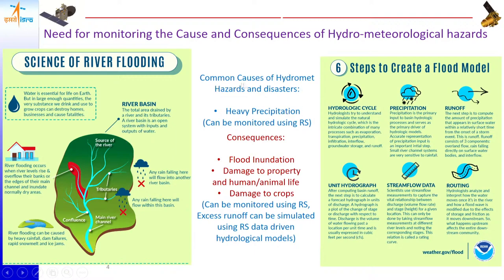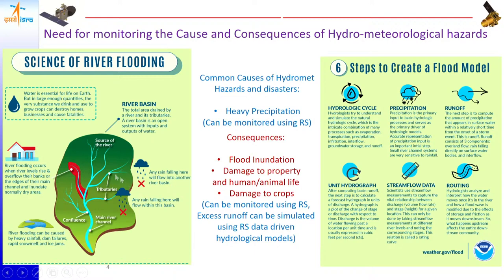For most of these hydrometeorological hazards, heavy precipitation is the main input, which can now be monitored using remote sensing. And the consequence of this will be the flood, inundation, damage to property, human and animal life, and damage to the crops. So starting from how much is the extreme precipitation at the source or in a given catchment area,